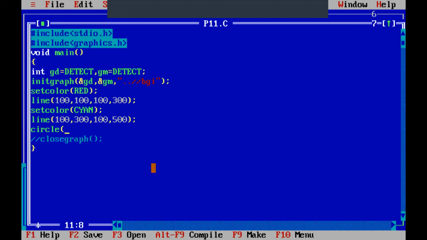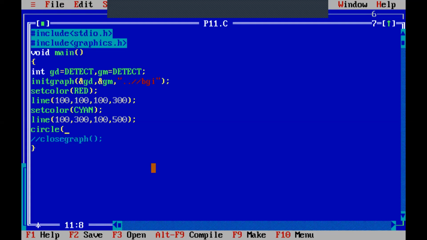So next shape is circle. So in circle, if I want to draw a circle on my paper, what I need? X, Y, and radius. Right. Radius and center. If a center point you know and the radius you know, you can complete the circle. Similarly, in computer graphics also, you should know the coordinates of the central point and you should know the radius of the circle. Then only you can get the circle.